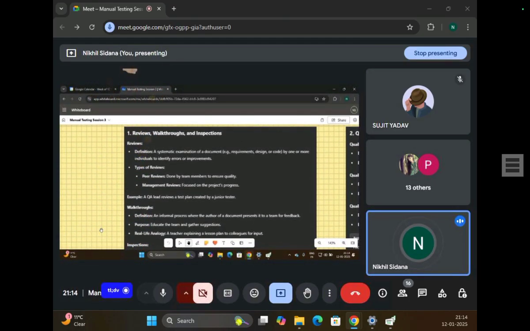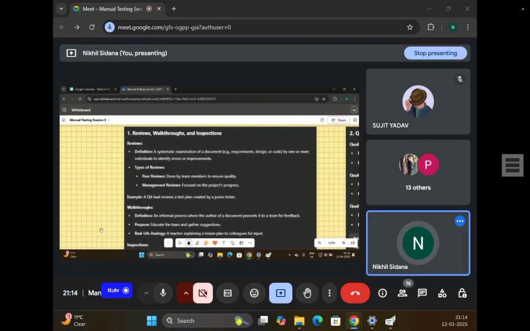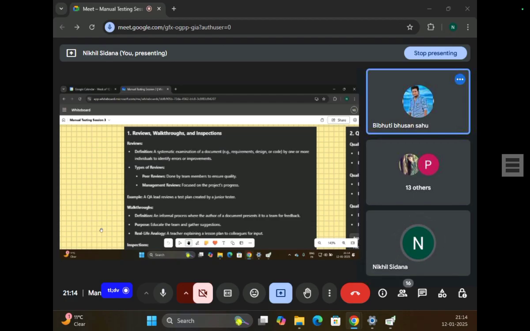Okay, guys, before I move on to inspections, I would again say a sentence. I will be inspecting everyone's assignment by end of the day. What do you understand by this? It's an official way of checking. Right, your answer was having weightage, Sujit. Formal, official way of checking. Vibhuti, you are also right. Formal or official way of checking something is called an inspection. Give me a thumbs up, guys, if you understood what's inspection.